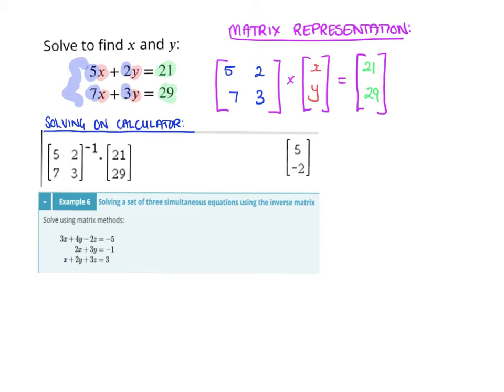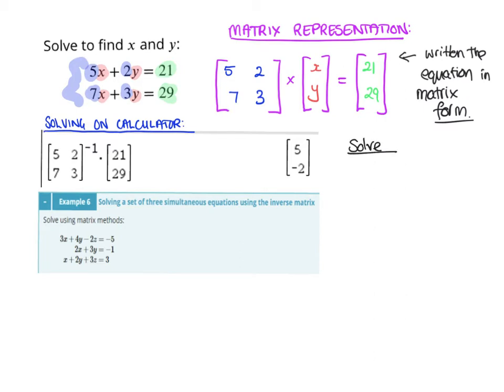Is that the answer? What we've written here is the equations in matrix form, okay? So you might get asked to set it up in matrix form, and that will be a couple of marks. So you would do that, okay? Then to solve,